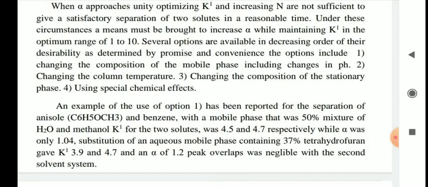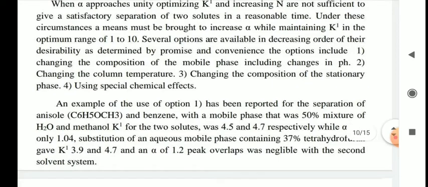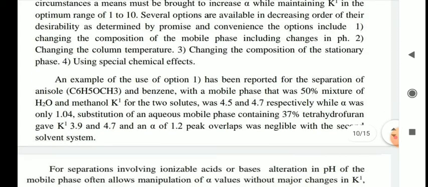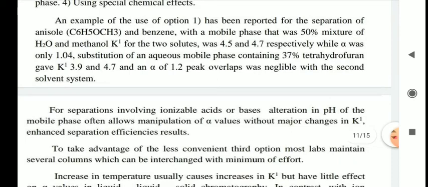Now if you can substitute the aqueous mobile phase, substitution of an aqueous mobile phase containing 37% tetrahydrofuran gave a k dash value of 3.9 and 4.7. So that means instead of the 50% water, they took an aqueous phase which is having 37% tetrahydrofuran. So that gave a k dash value of 3.9 for anisole and 4.7 for benzene. So alpha value became 1.2. In that way they changed alpha value from 1 to 1.2, which is a better value,